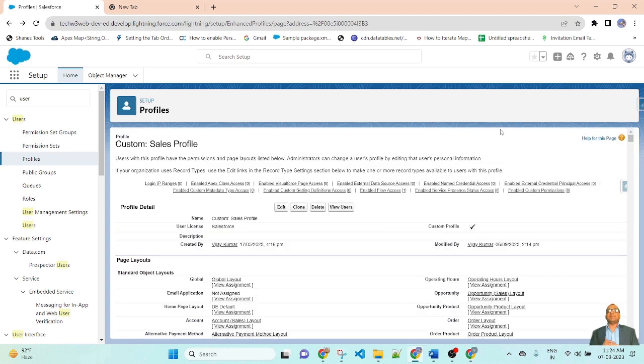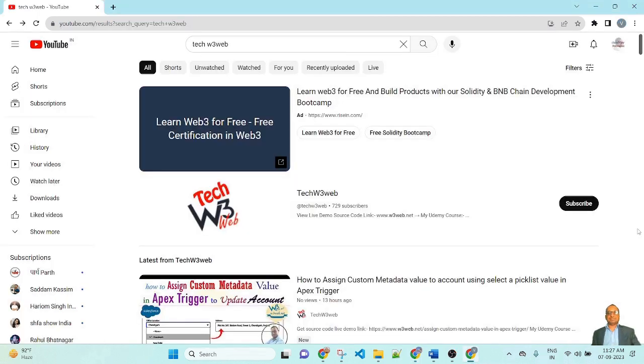In the next lesson, we will see how to control permission and setting from the profile. So profile can give permission to the user, what the user can do. So friends, try to do it from your side: create a new profile, create a new user, control the permission and setting from the profile. If you get any issue, please write in the comment box.